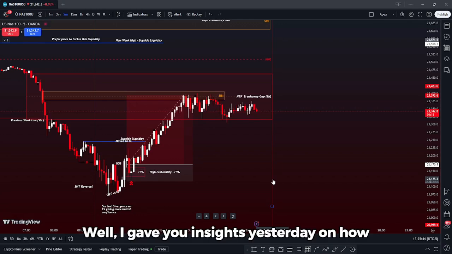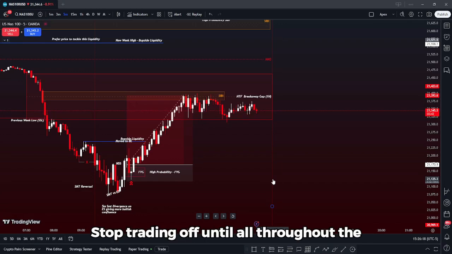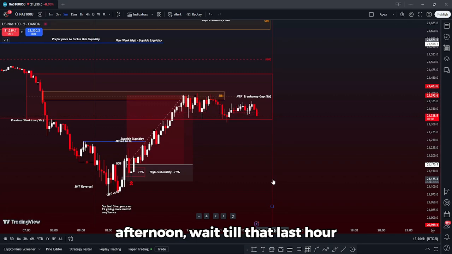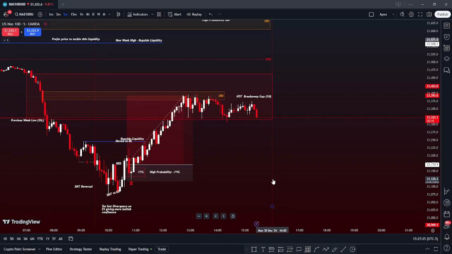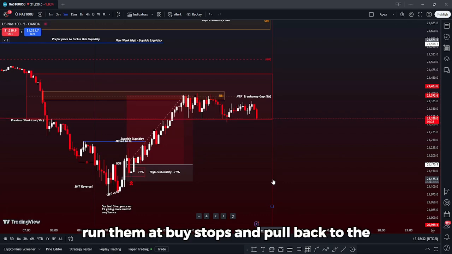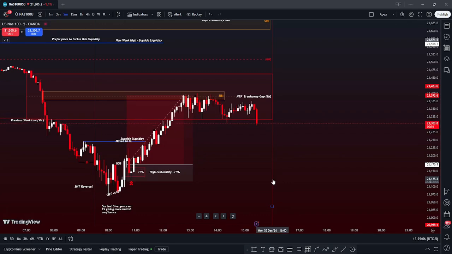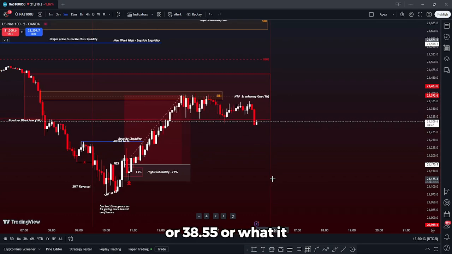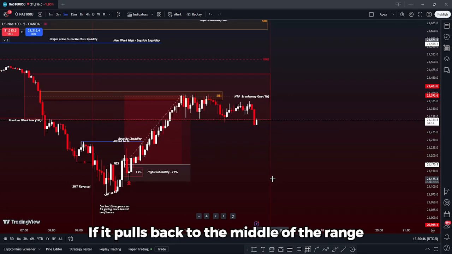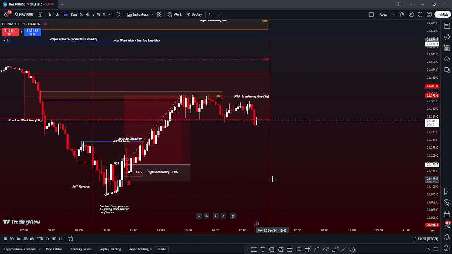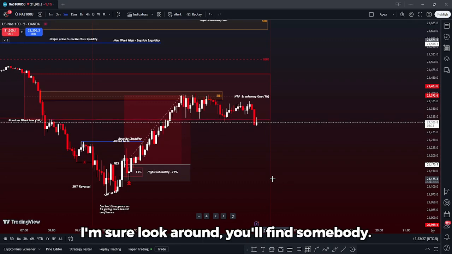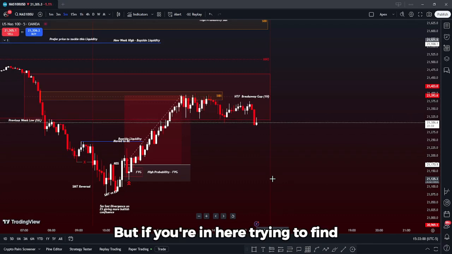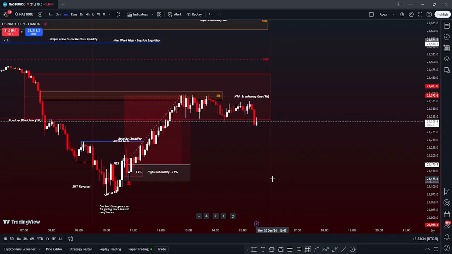Well, I gave you insights yesterday on how to do that. Stop trading all throughout the afternoon, wait to that last hour of trading, and look for a pattern that makes sense. Run my buy stops and pull back to the middle of the range. You don't need it to take out the lows at 39 or 38.55 or what it was. You don't need that. If it pulls back to the middle of the range and you sold short the daily high, who's going to complain about that? I'm sure if you look around, you'll find somebody. But if you're in here trying to find setups that are consistent,